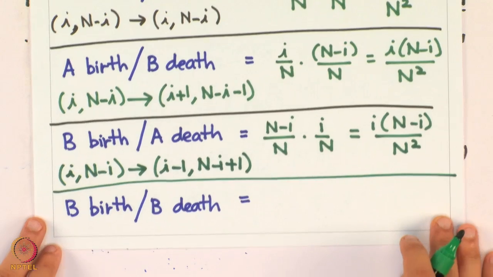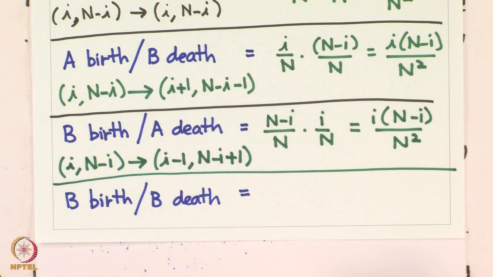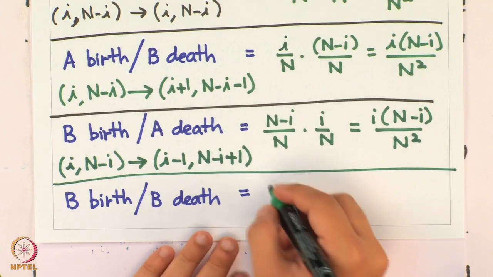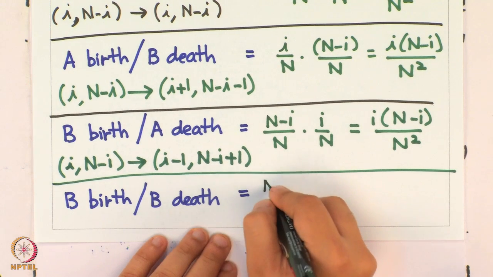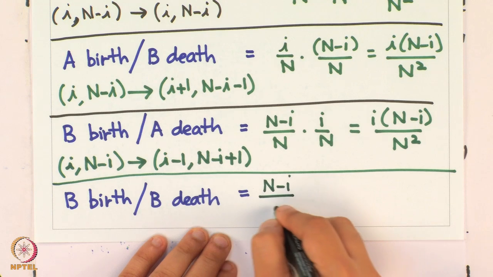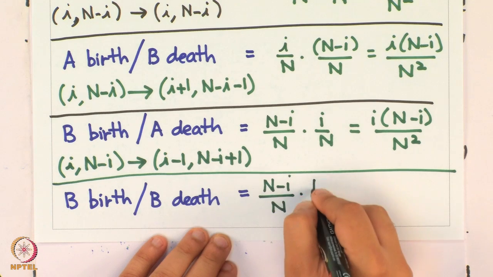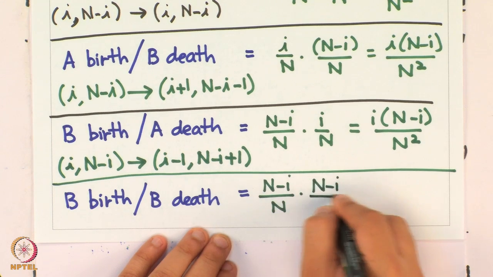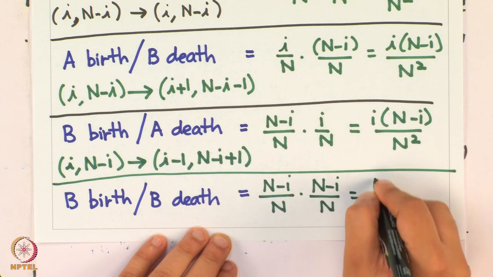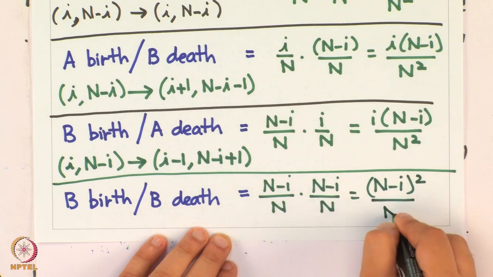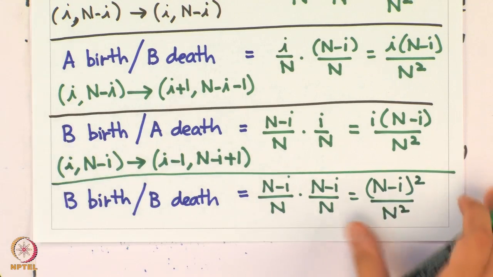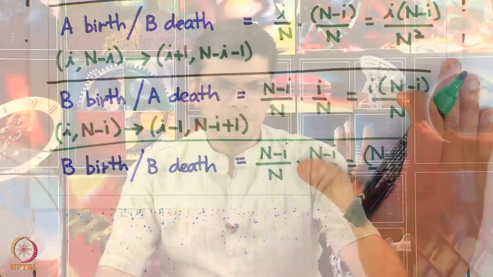The final case, the final of the 4 possible cases that we have here, is B birth and B death, and that means I am selecting B for both the events that I am talking about here, which is just equal to n minus i upon n times n minus i upon n, which is equal to n minus i whole square divided by n square. And the state of the system,